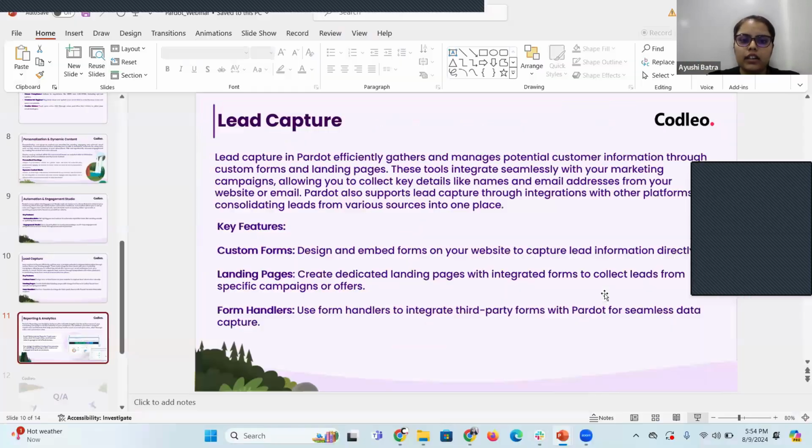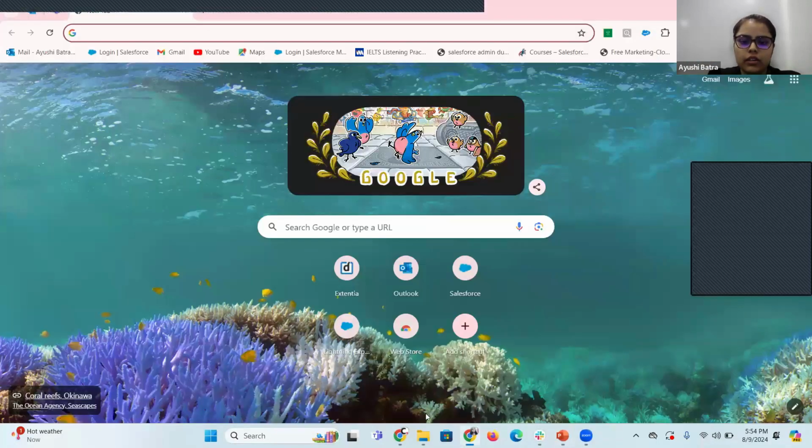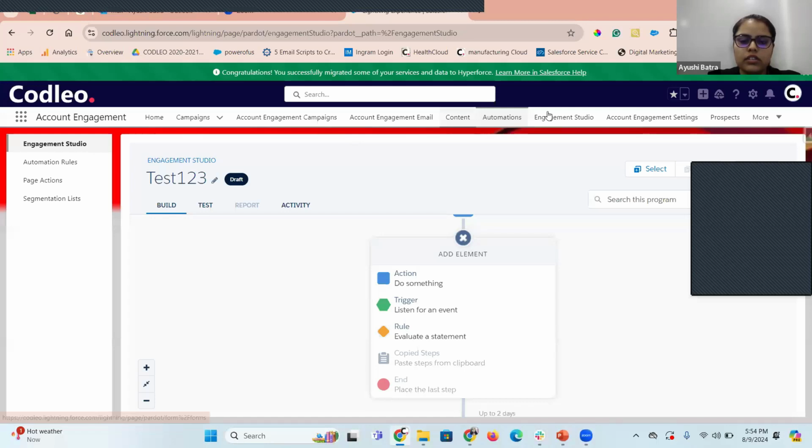How do we create those leads and engage, the engagement studios? Simply go to the engagement studio.